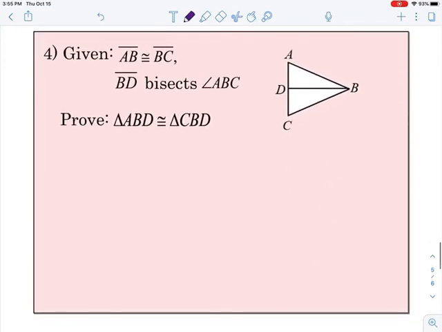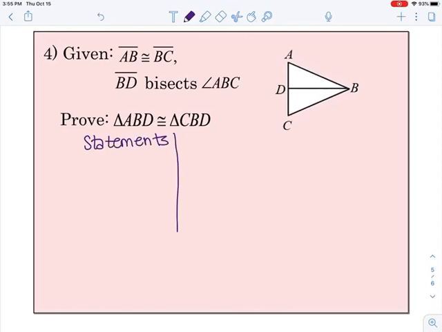Okay, 2 more. Okay, so I'm given that AB is congruent to BC and that BD bisects angle ABC. And again, we want to prove that triangle ABD is congruent to triangle CBD. Okay, so again, I'm going to have my statements